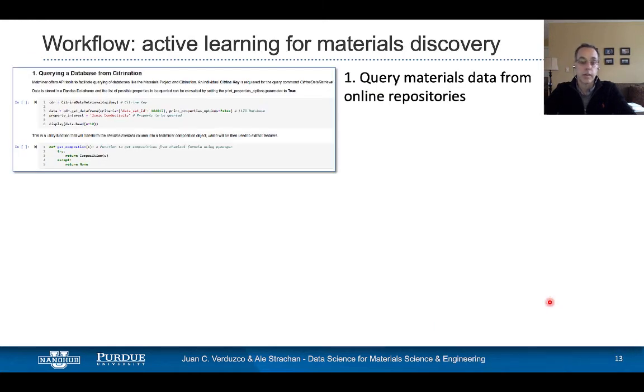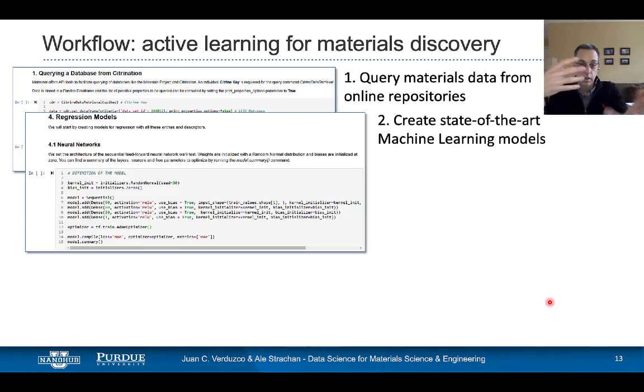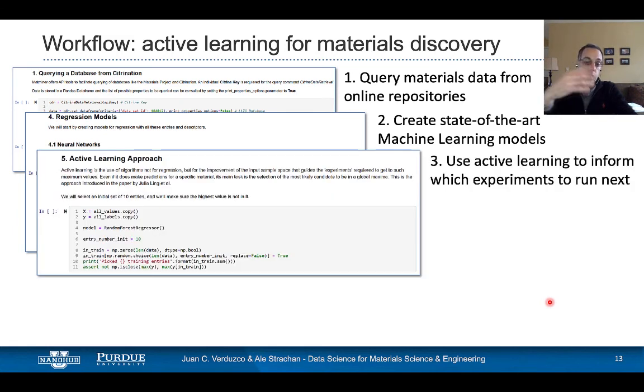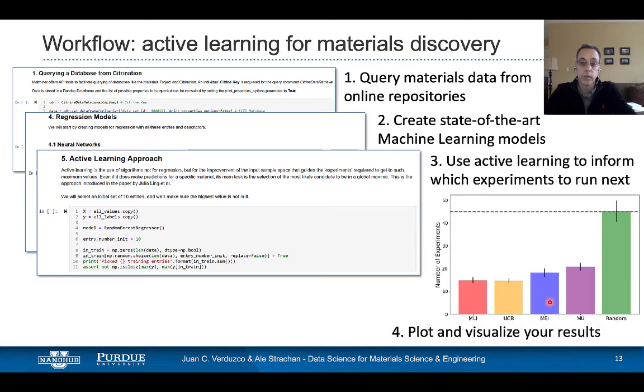This is another example of a data science workflow that uses active learning. Here we query materials data to get our initial data, we develop models, and then we use active learning for design of experiments. If you're interested in active learning, there is an entire module devoted to active learning in this series, and I would encourage you to go ahead and do it.